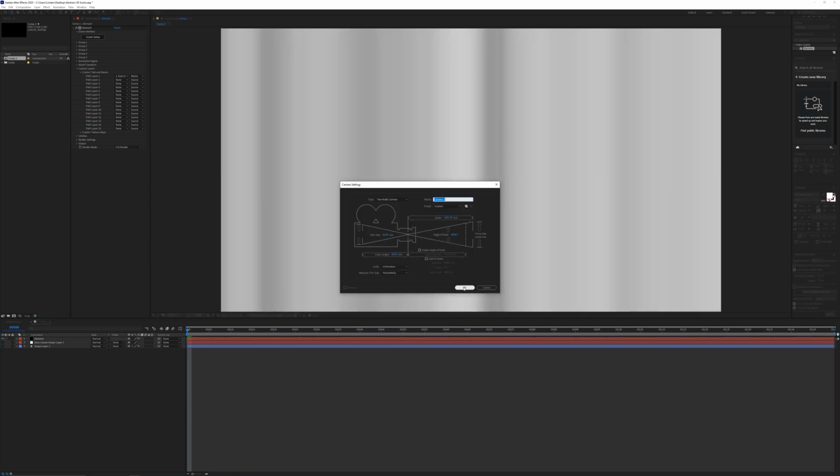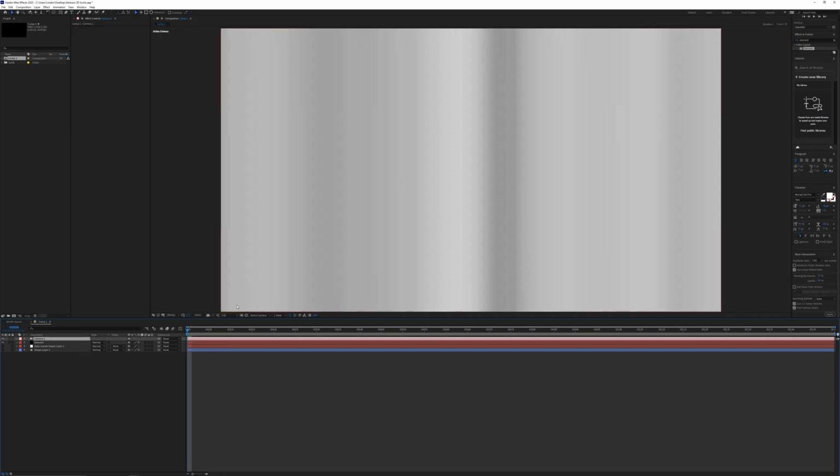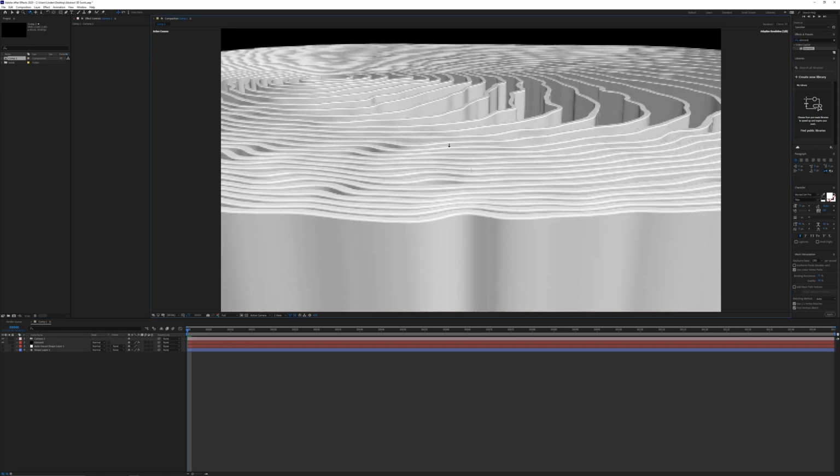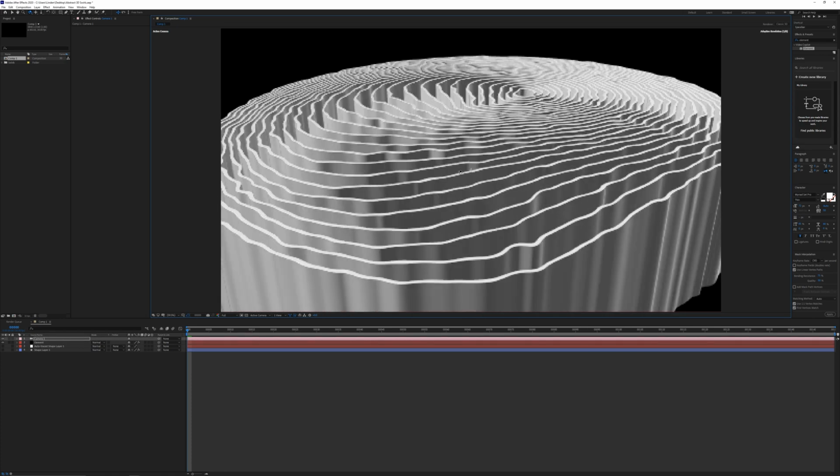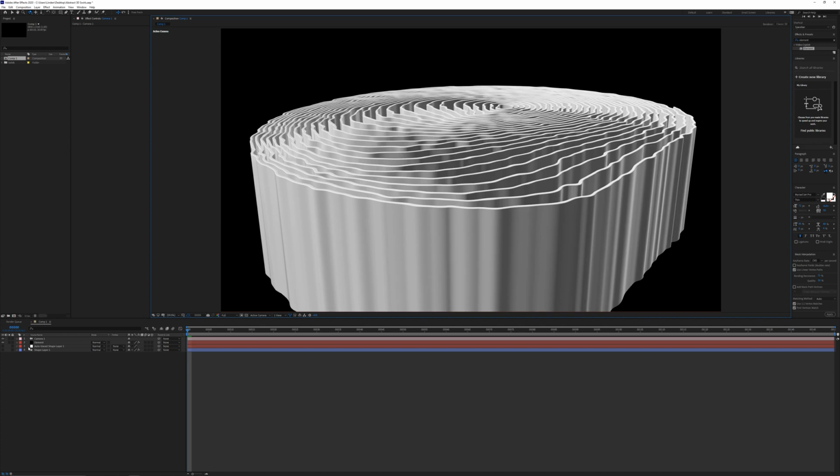All right, click OK. And if you are new to this version of After Effects, the unified camera tool has been replaced with the orbit tool. The controls are similar, but instead of the middle mouse being how you pan the camera, you have to hold down the Alt key to do that now. You can also just select the icons at the top next to the orbit key, but I think that the Alt key is better.